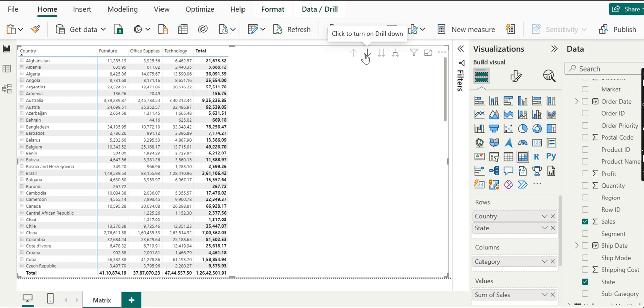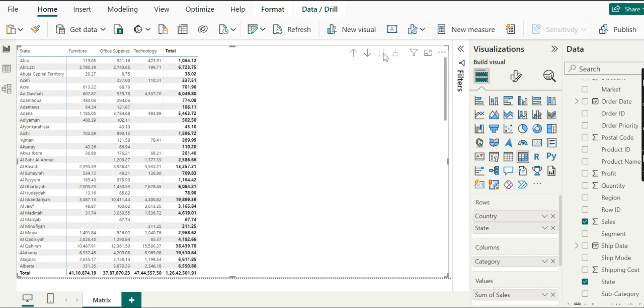Now, how well do we understand drill down functionality in Power BI? What happens if we click on the two downward pointing arrows? If we click here, can we expand all the countries to the next level of hierarchy?